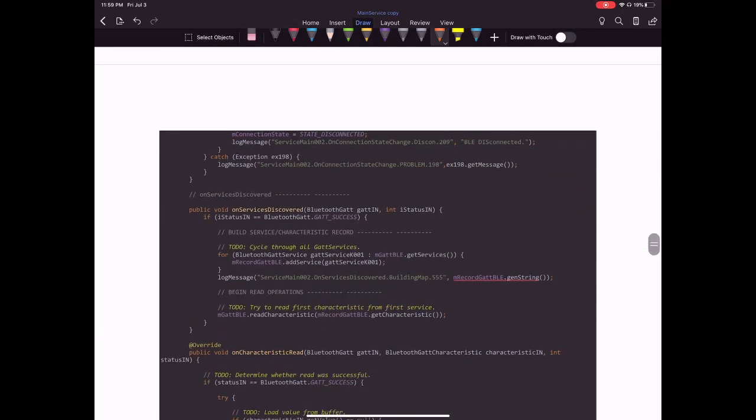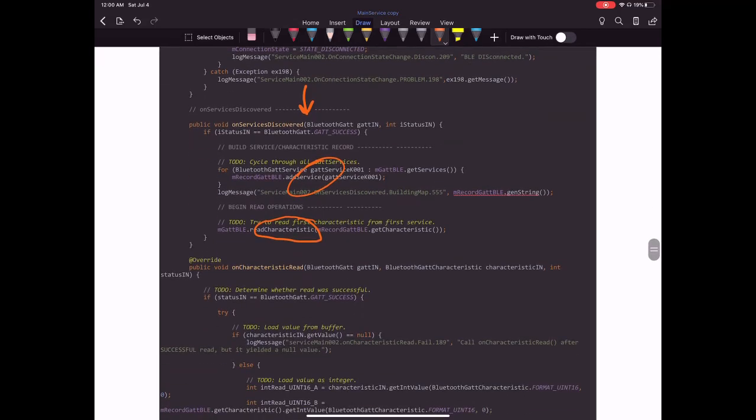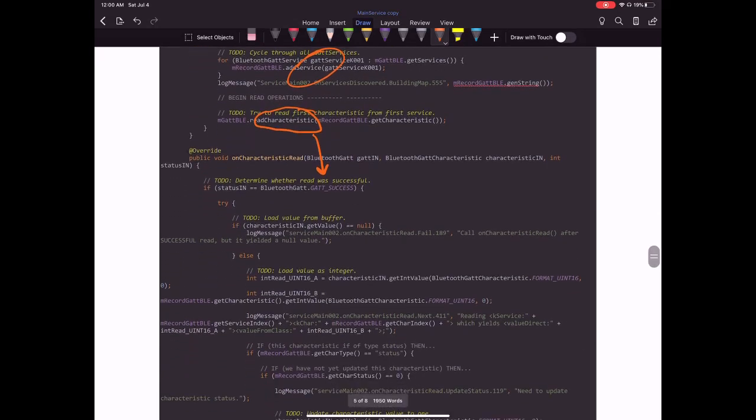So that moves us down here to on services discovered. If a service is discovered, we add it to the list, and then we read the characteristic from the first service. That moves us down to on read characteristic,